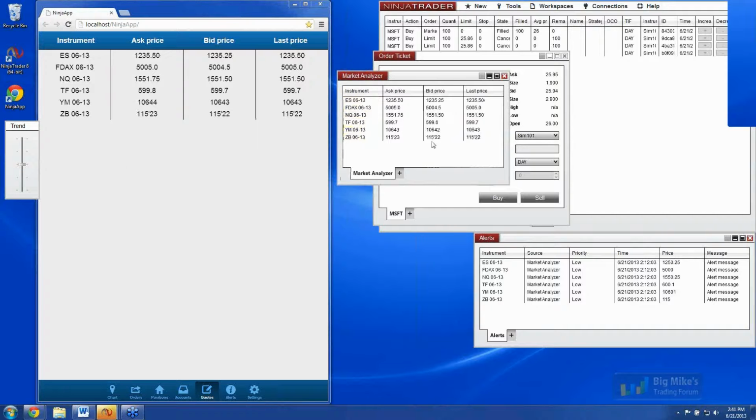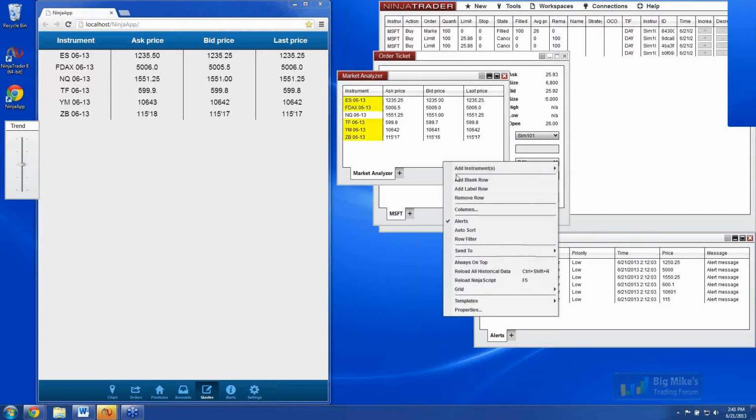So we thought, well, for a quote sheet, we could just end up using the market analyzer. And you can, and this is still a work in progress, we might allow every single market analyzer tab, market analyzer window to be driven, or it might just be one. We're not entirely sure yet, but the idea is that everything in your market analyzer would show up on your